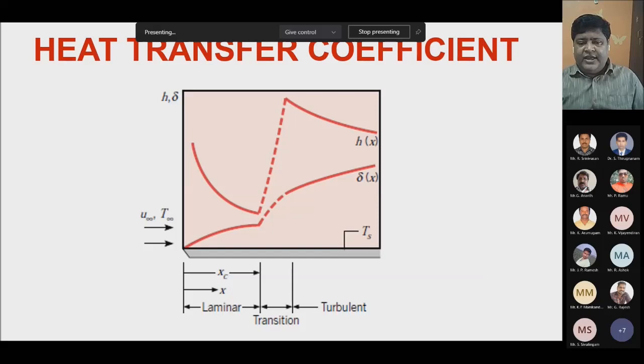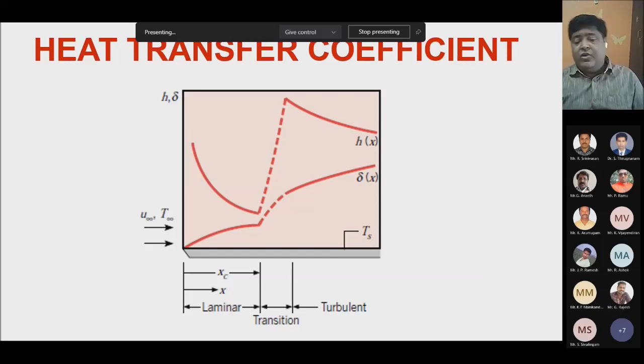So in any kind of case, when a flow is over a flat plate or pipe, the first point we have to understand is whether the flow is laminar or turbulent, or changing from laminar to turbulent. In that case, we calculate the critical length x. Reynolds number is ud by nu, and for a flow through a pipe, it is ul by nu.